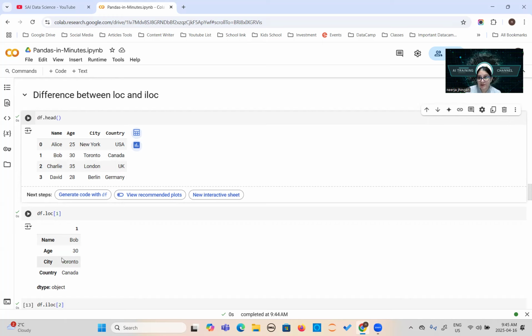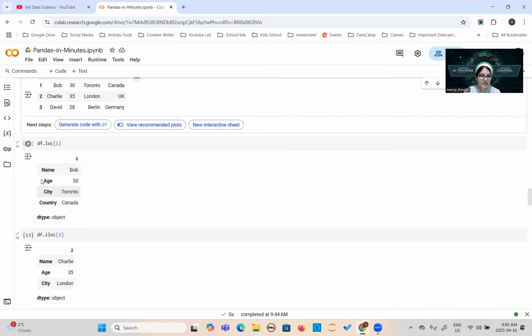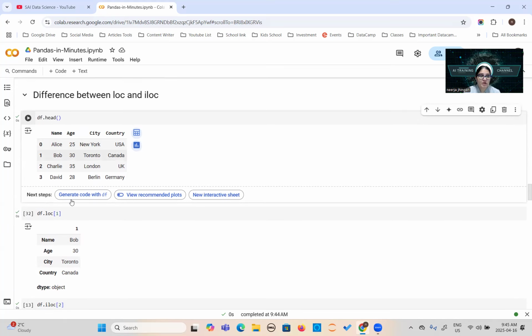Here it can be A as well. I have prepared an example for you, but try to understand the difference. If I am saying df.loc[1], it is the name of the index position 1. This is not the position, this is the name, the label of the position. So that's why it is showing you the first row records in the form of a series, a one dimensional vector, right?